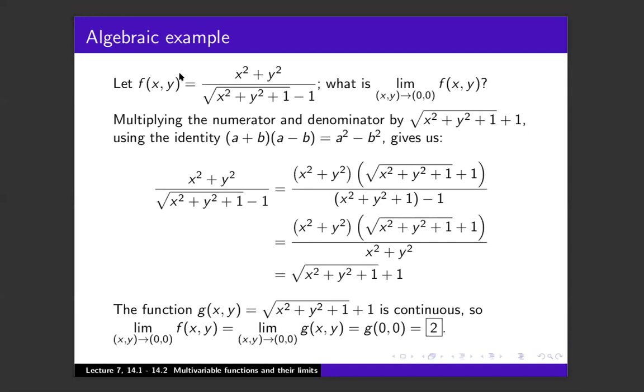you can immediately just cancel the x squared plus y squared, like so, and that just gives you root x squared plus y squared plus 1, and that's a continuous function, so you can just plug in